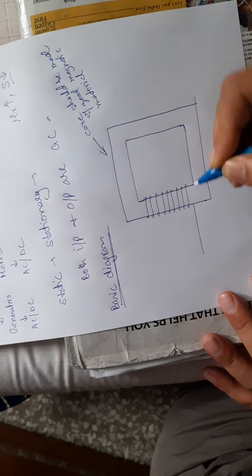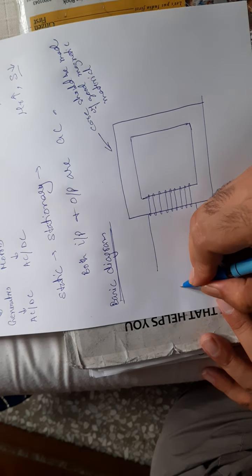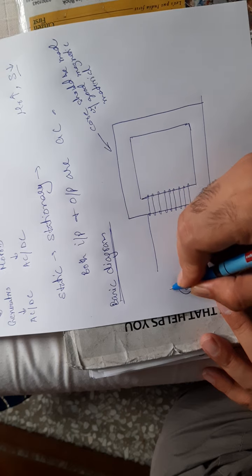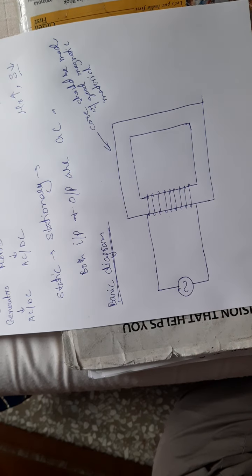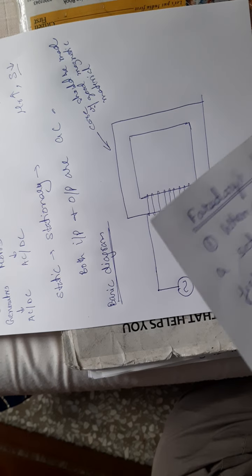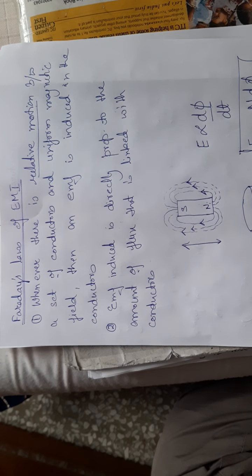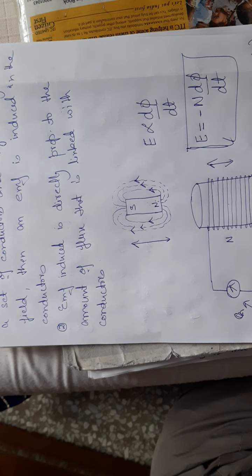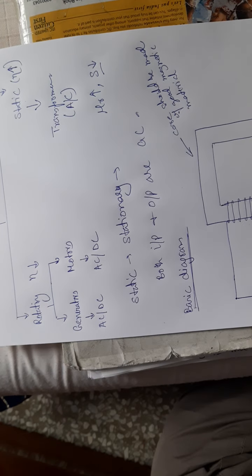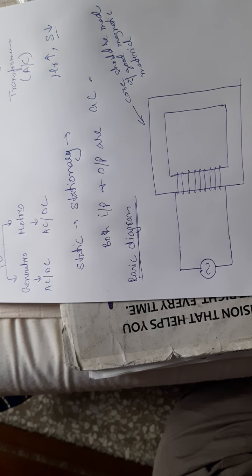Okay, so I have windings in this circuit. Here I will have input, and input is AC. The first thing, I think you people didn't notice it. I said that for the EMF to be induced, there should be a relative motion between the uniform magnetic field and conductors. However, in case of an AC circuit, this transformer,